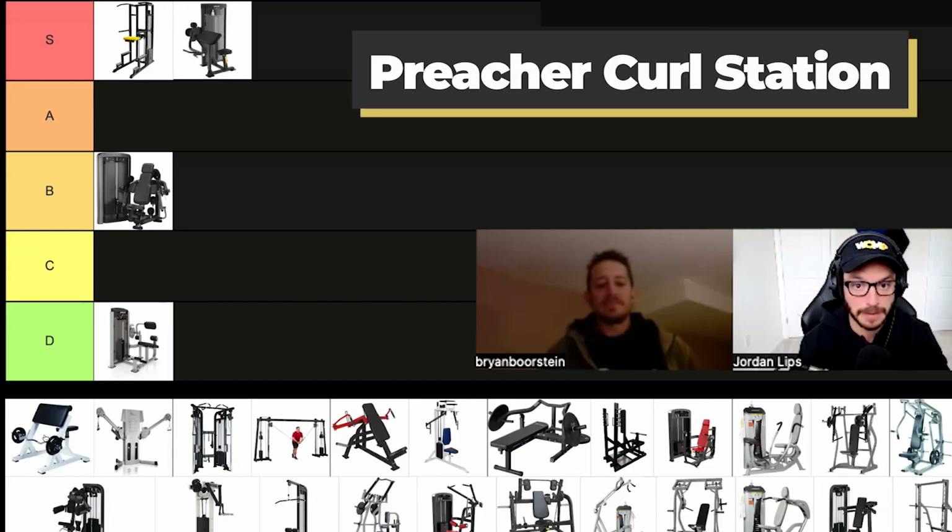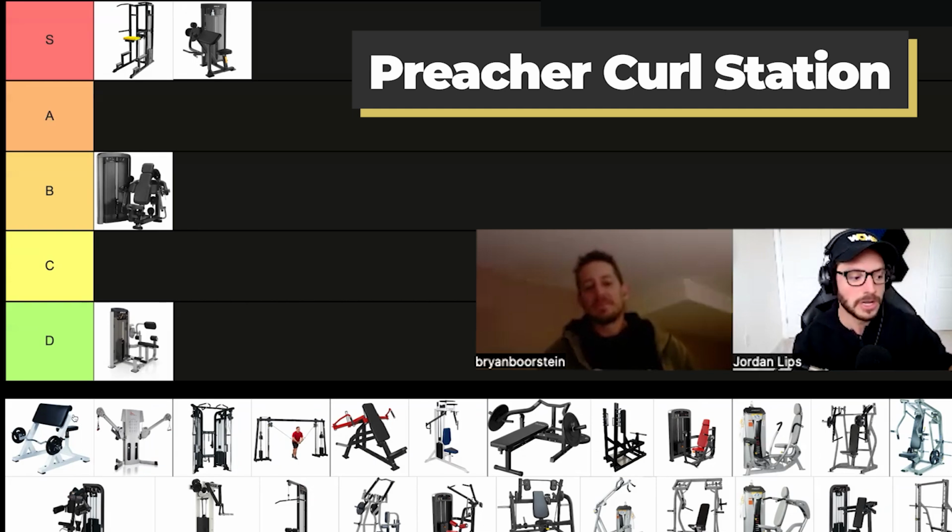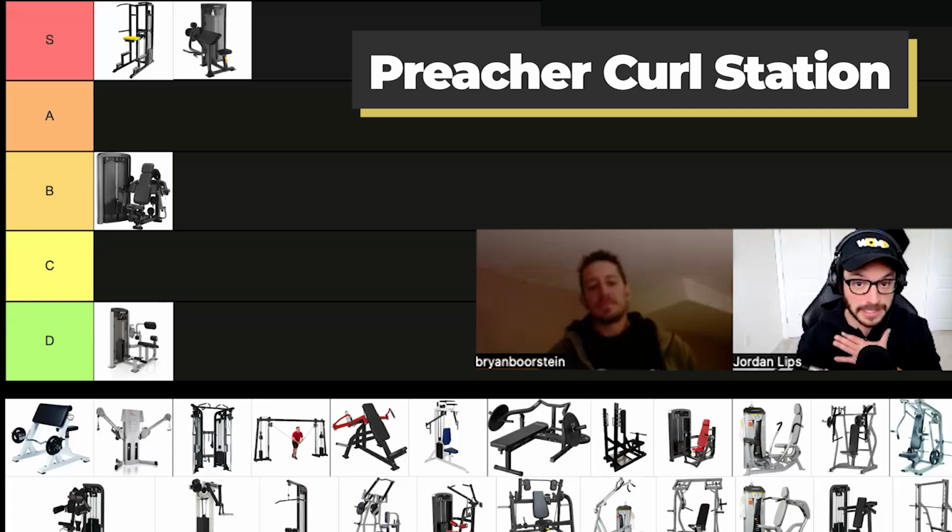So it's the free weight preacher curl station. In the image, it's set up with an easy bar. The irony is I would not do this with an easy bar. Agreed. And frankly, this one, if you're not watching, is the preacher curl station. There are usually preacher curl stations that on the back of the 60-degree side have a 90-degree side. And if you had that one, I would put this in A tier for single arm preacher curls,